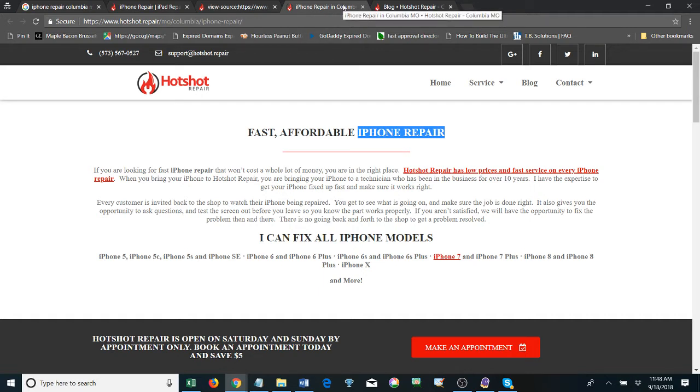But my first suggestion is to have Columbia Mo once, not twice. The reason why is you also have Columbia Mo in your URL. So I would never have Columbia Mo in my URL and target it within a title tag twice unless it's a niche that you can really get away with that. I would get a good H1 tag, probably even get a good H2 tag, add content, add an image, update your alt text, and then see where we stand with this page ranking for your keyword, iPhone repair, Columbia Mo. I think you'll have a lot better of a shot.